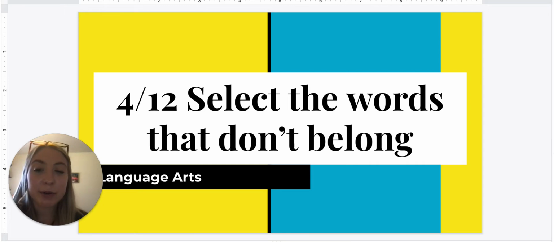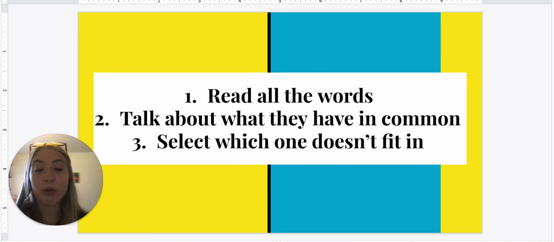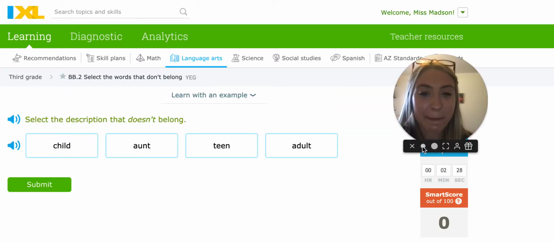On Friday for language arts, we went over putting groups that did belong, and now we're working on words that don't belong. Let's go over a few steps, and then we're going to go over examples. When we're looking at words that don't belong, the first thing we want to do is make sure we read all of our options, every single one. And then in our heads, or out loud, think about what they have in common, or at least 3 of the 4 have in common, and then select the one that doesn't fit in at all, isn't in that category. So let's go over some examples